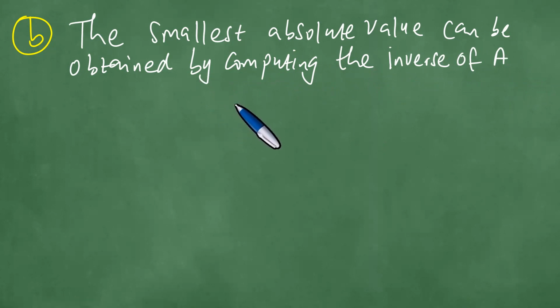And I want us to draw a comparison between the two approaches, and then also the one that is intermediate in terms of its magnitude. So the smallest absolute value can be obtained by computing the inverse of A and then